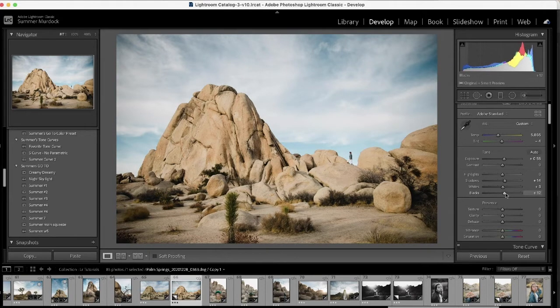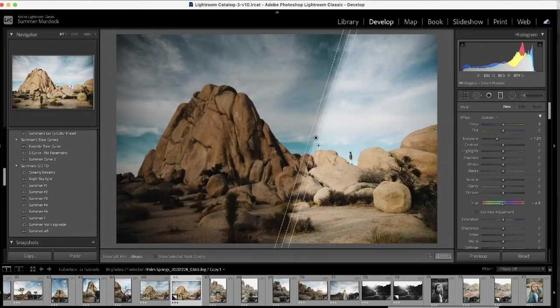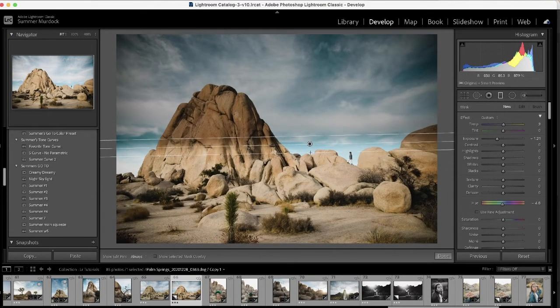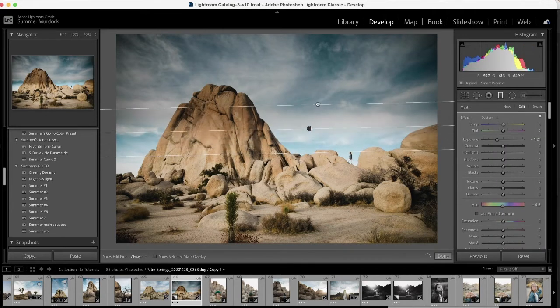I'm going to bring down some blacks a little bit. I'm going to bring down some shadows. Next thing I'm going to do is add a radial gradient to the sky. Now that's really intense, but I like that you can see where it is. And